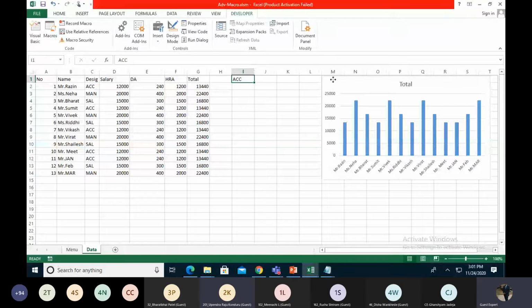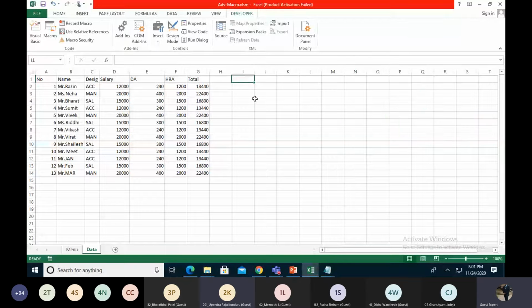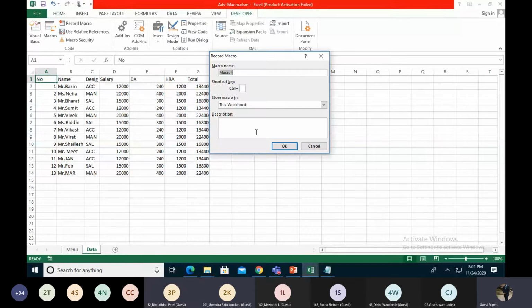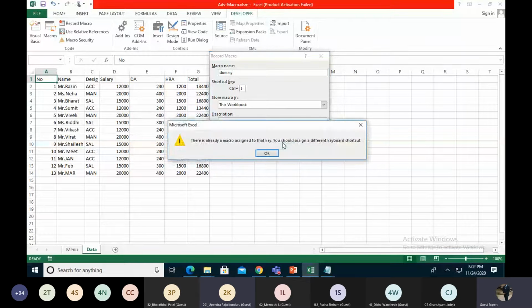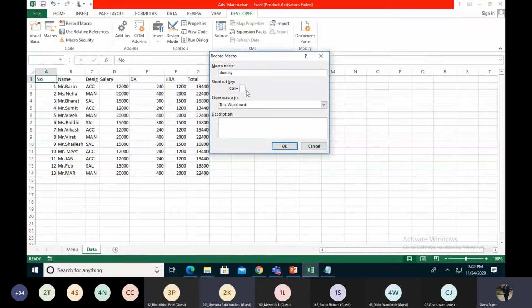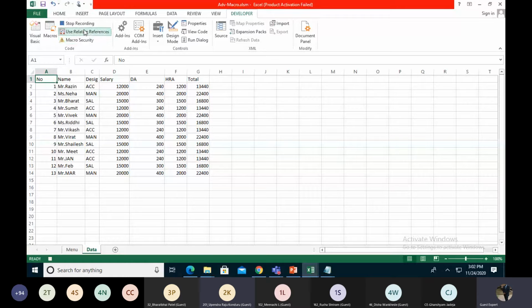First of all, I do this macro again. Okay, my last value is in A1. I create another macro. The macro key is T. I give it a name so I can recognize this macro. I click the OK button. Okay, T is already assigned, so you can ignore it. I assign R. Okay, and I start Use Relative References.